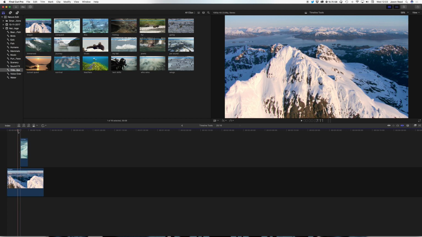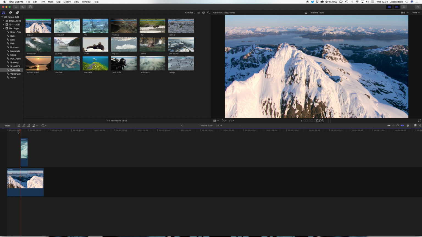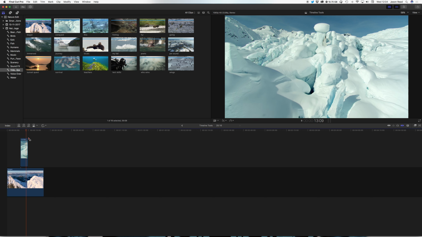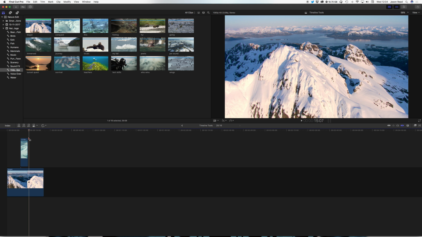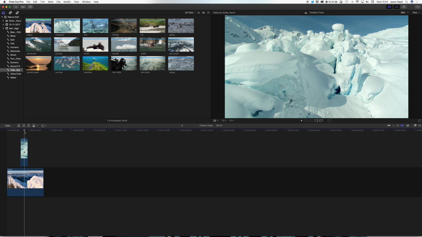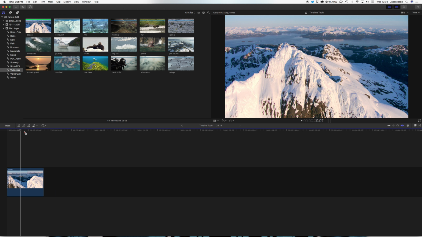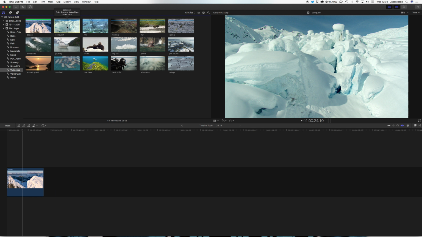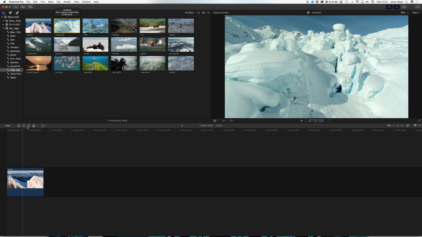So that goes as a clip over the top, and the clip continues underneath. Useful for cutaways, or if you want to blend two clips together, we could change the blend mode or opacity. Okay, so we can do that. I'll just undo that. Another option is to take this clip or part of the clip and do what's called